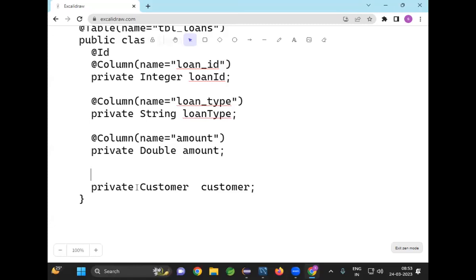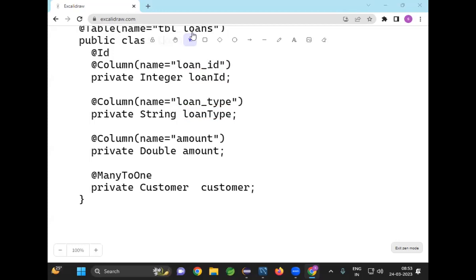So how do we declare that this is a many-to-one variable? We have the annotation @ManyToOne. Our intention is what? As per my example, who is the source of my operations? I mean, who is the source entity to perform operations in my code? Loan. And who is the target of the operation? Customer. If I perform an insert, delete, or update operation,